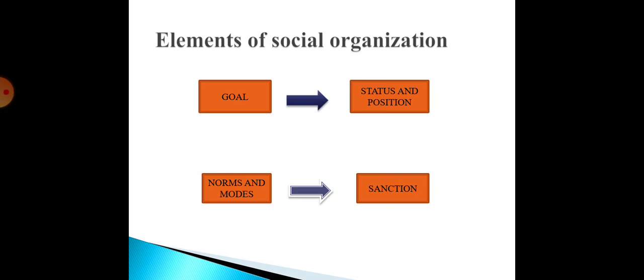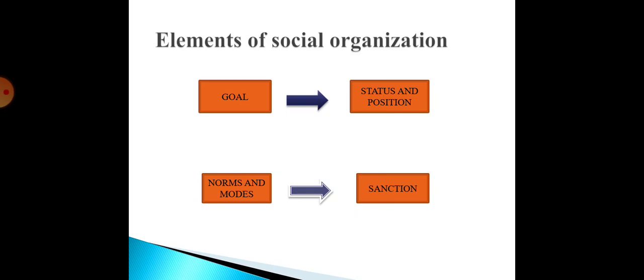All the members try to achieve the common goal. Here you know about cooperation. What do you mean by cooperation? Cooperation is nothing but two or more people working or achieving the same thing for a common end. Here also it is the same: the members try to achieve the common goal, interrelated and having unity of interest. So that is the first element of social organization, goal.